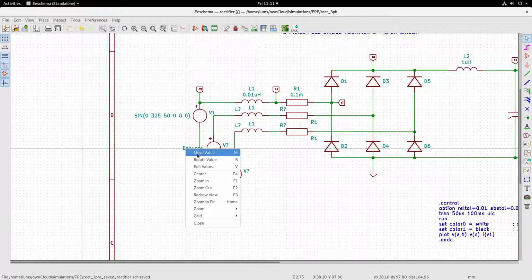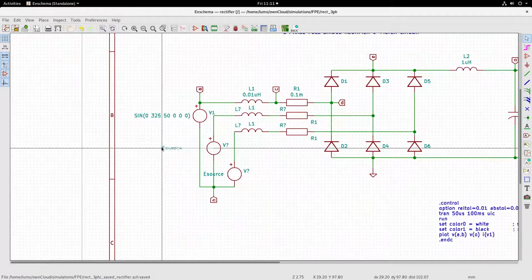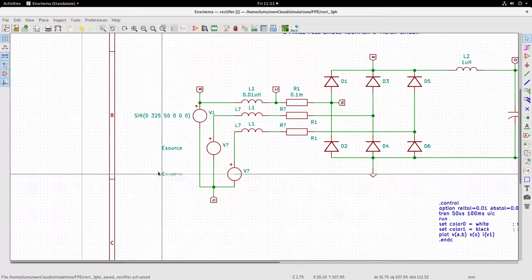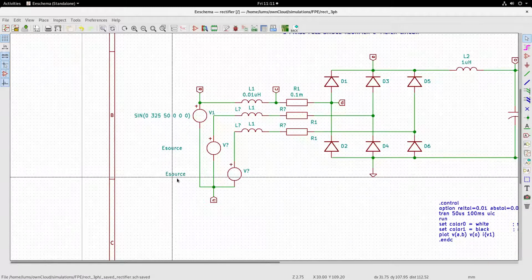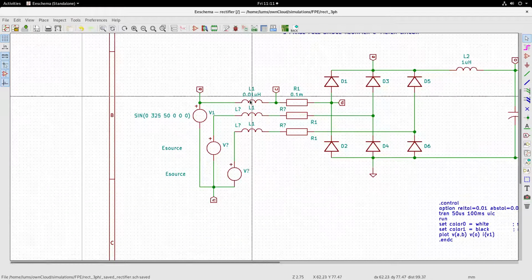So we need to give the value for each of these sources, A, B, C. So let us type in the value also.